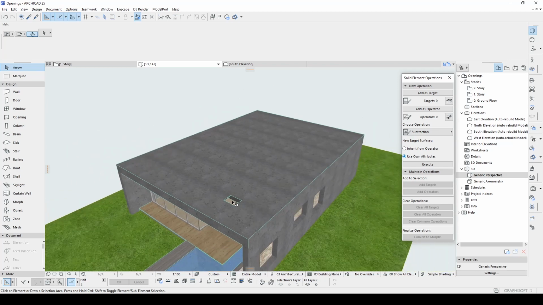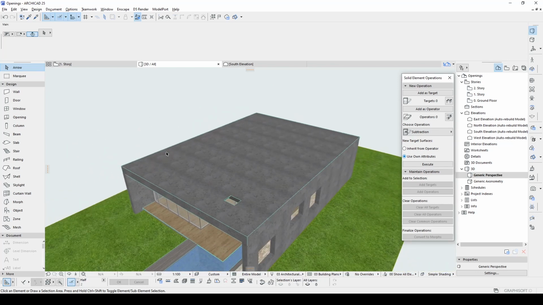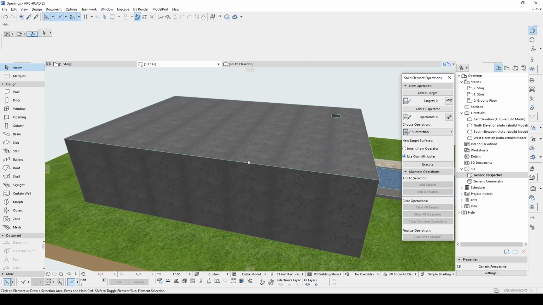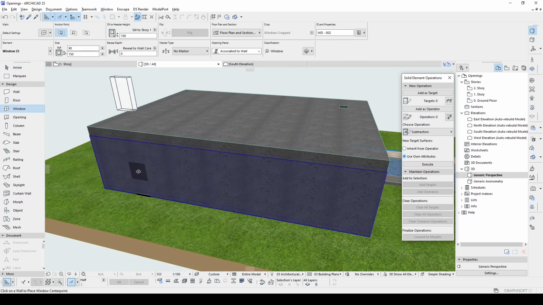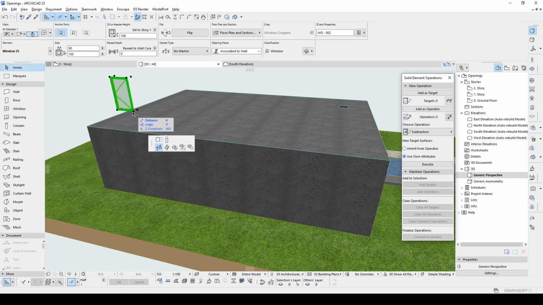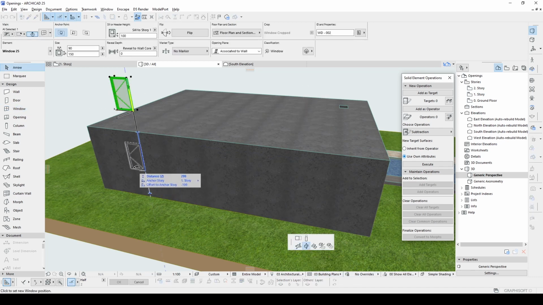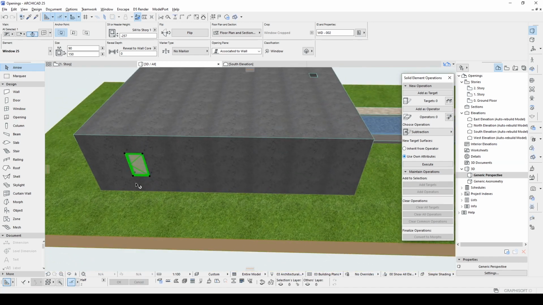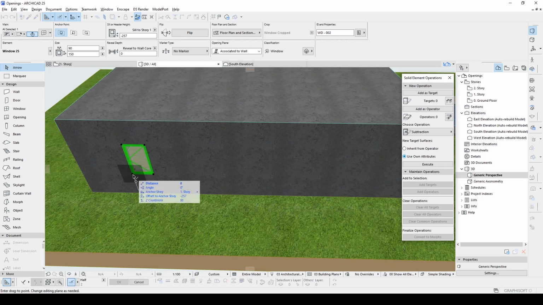And for the opening, here we have a third option. Let's presume that we have some windows onto this wall. And let's just duplicate a couple of times.